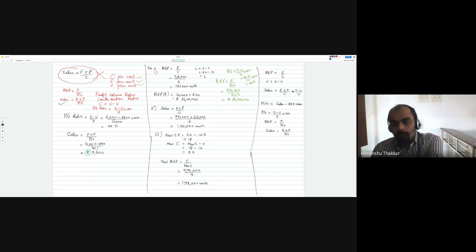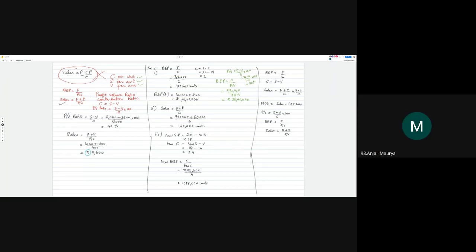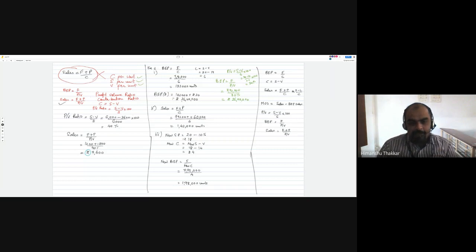Clear with what we have done today in these two sums? Yes, sir. See, slowly and gradually you'll get the grip of this chapter. This is not a kind of chapter that just one or two sums will do it for you, because it's not a standard sum that you will get. Every sum will be different. The presentation of the sum will be different, and you need to find out by what formula you can get to the answer, because it all depends on what data is provided to you.